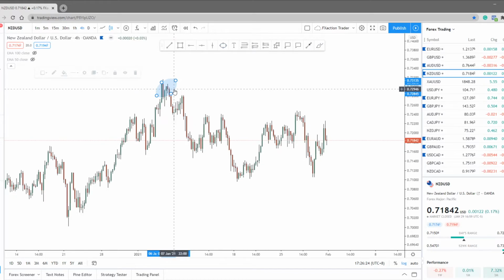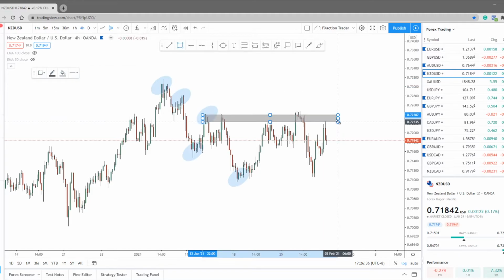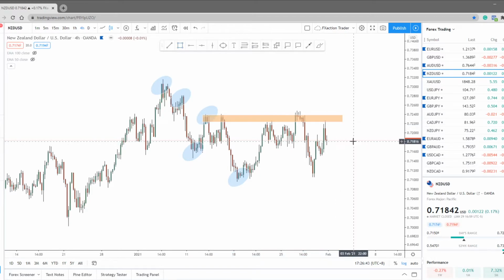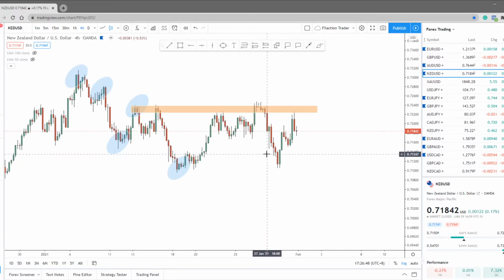This is the lower high, lower low, lower high, and lower low. And if we're going to draw a zone from here, we can clearly see that this zone is a very strong zone where market fails to break above. And as long as the market did not break above, we are still going to continue to look for a